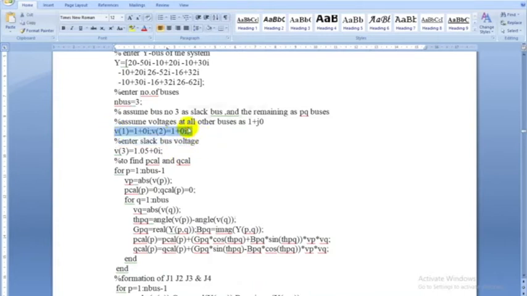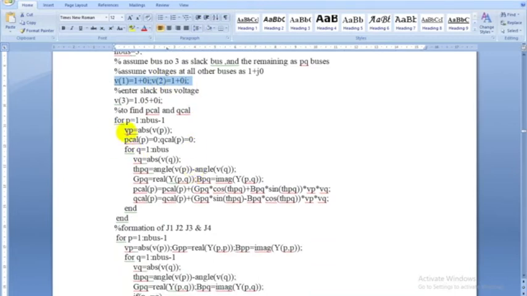We have to find that; we are assuming that V of 1, V of 2, V is a matrix, that is basically 1 cross 3. First element is this, second element is this, third element is this. That's all. So you can write in a different way, V of 1, V of 2, V of 3. That means V is a variable in which you have 3 elements. The first element is 1 plus j 0, like this you have.